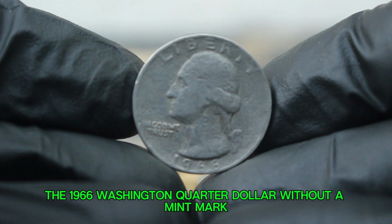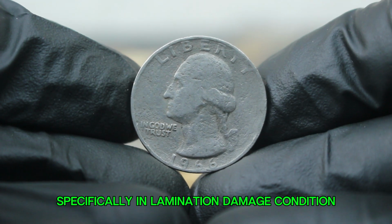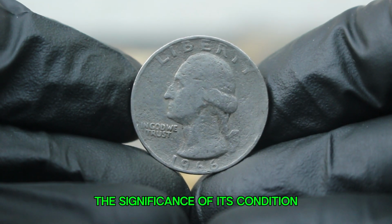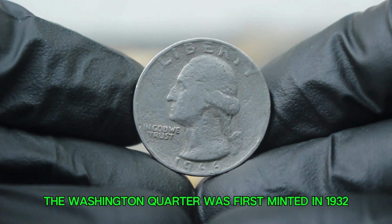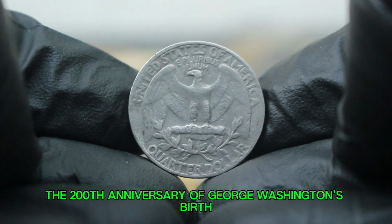Next up, the 1966 Washington quarter dollar without a mint mark, specifically in lamination damage condition. We'll discuss its background, the significance of its condition, and how much it's selling for in today's auction market. So let's get started. The Washington quarter was first minted in 1932 to honor the 200th anniversary of George Washington's